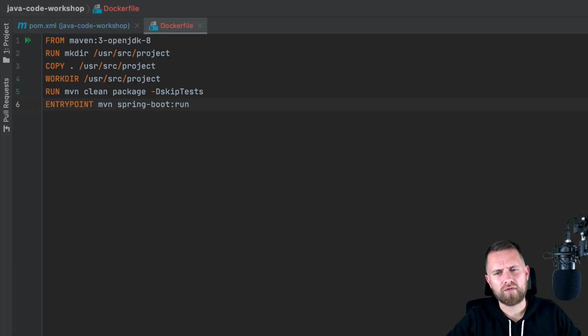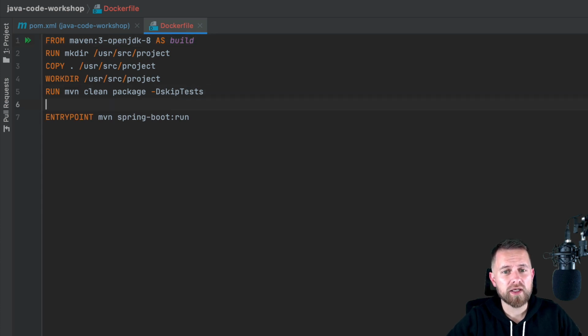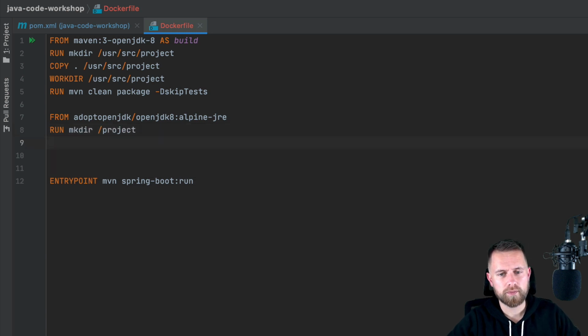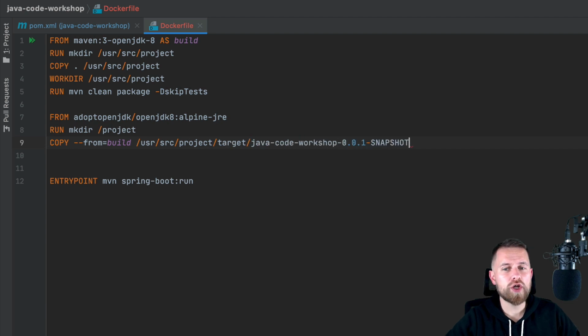Let's change this Docker file. And now we're using a multi-stage Docker build. We will use the Maven image to build a Java jar in our build image. And when we have that, we create a second image, our production image, using a smaller Alpine-based Java runtime environment image. Now we simply copy the jar file that we created in our build image, and our new entry point is just a plain old java -jar command.